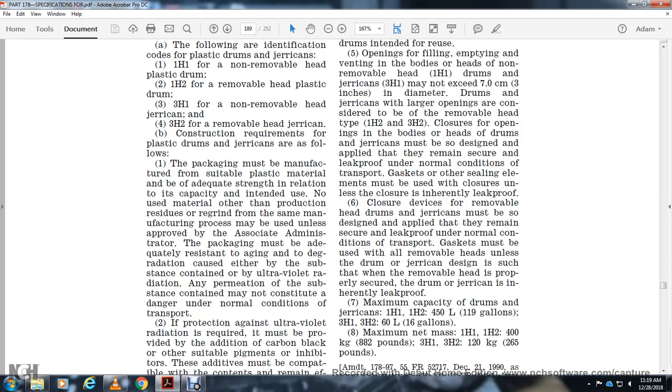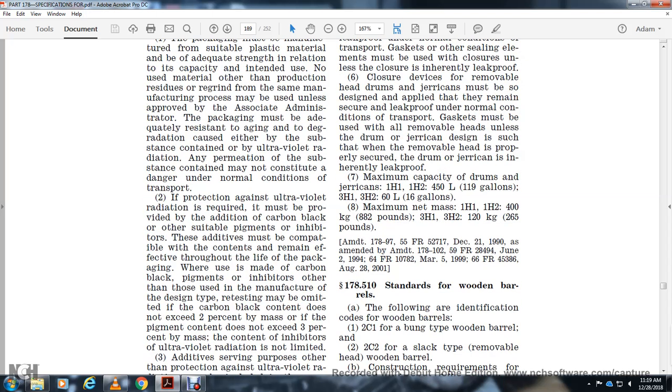Maximum capacity of the drum and the jerrycan: 1H1, 1H2 with 119 gallons, 3H1, 3H2 with 16 gallons. Maximum net mass: 1H2, 400 kg (882 pounds); 3H1, 3H2, 120 kg (265 pounds). 178.510 standard for